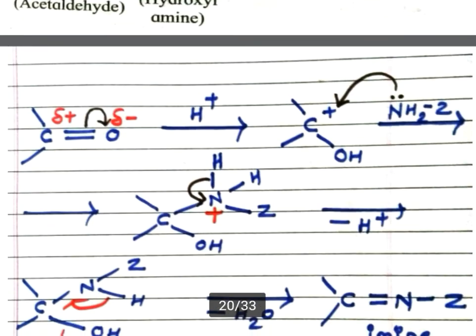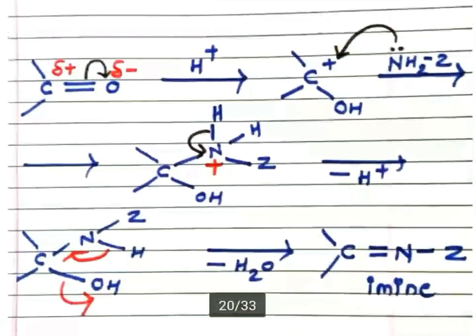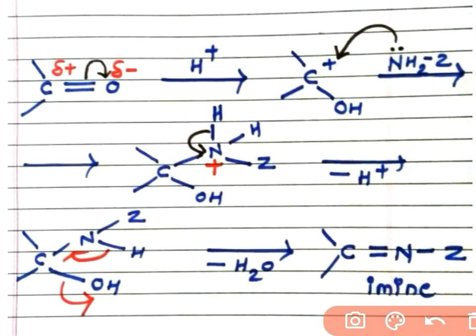So how does this get formed? Here I write the mechanism of this addition. This is aldehyde or any ketone. This reaction takes place in weakly acidic medium. So H of this acidic medium is attacked by O minus and it forms these species. Okay, what will happen here? These electrons of the double bond shift towards oxygen. Oxygen will become O minus. Then this O minus is attacked by hydrogen. Okay, so this type of species gets formed.